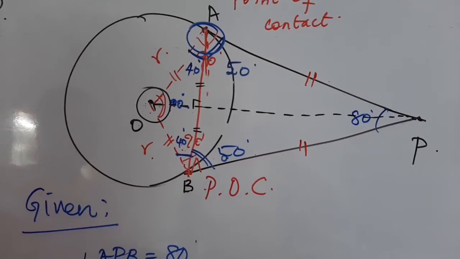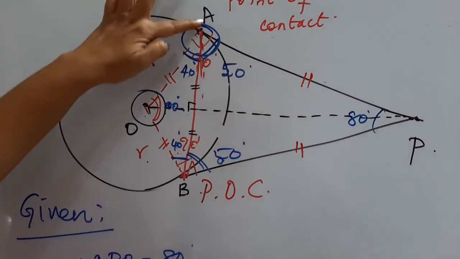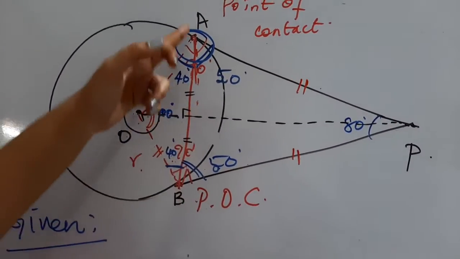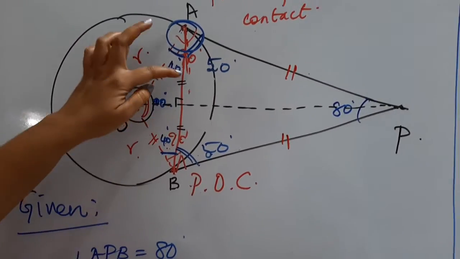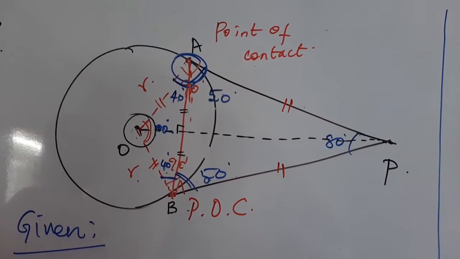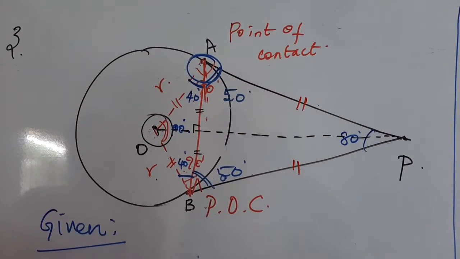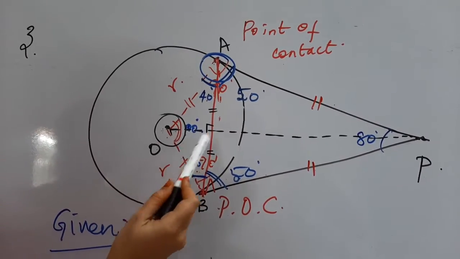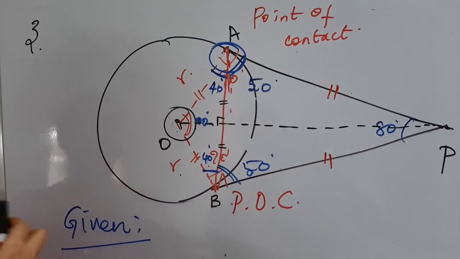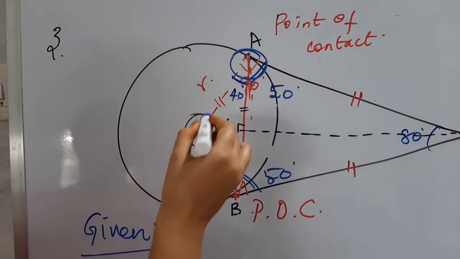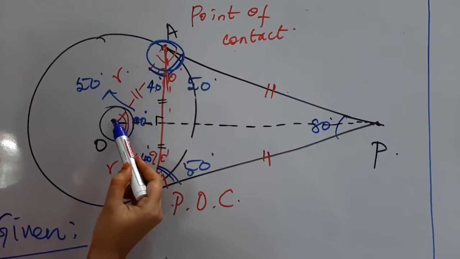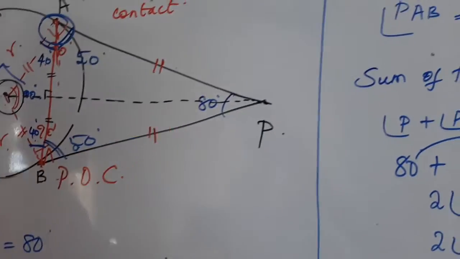What's the theorem which we learned in grade 9? If we draw a line from the center of a circle to the chord of the circle, here the chord is AB, that line must be perpendicular to the chord as well as bisect the chord, and the same line is the angle bisector for your center. So now what is the complete total angle of your center here, AOB? That is 100. If you draw an angle bisector, that will divide the angle into two equal halves. So here the angle becomes 50. Half of this 100 is 50. So we got angle POA is equal to 50.